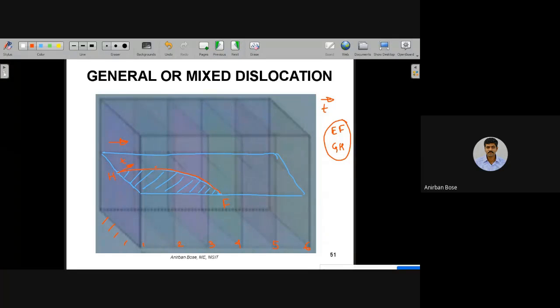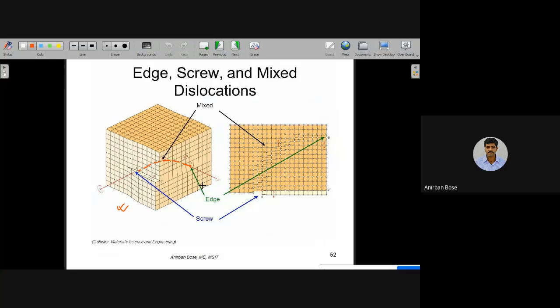At this point location, maybe the tangent. This is the dislocation line vector. So these are the directions of the dislocation line vector. At point F, this is the tangent. So this is the dislocation line vector. Okay, so it is the tangent. So this is the basic idea of how we consider the dislocation line vector in case of a mixed dislocation or a curved line, that you have understood. And to find out the Burgers vector, exactly the similar method. And most interestingly, if you do this exercise of finding out the Burgers vector,